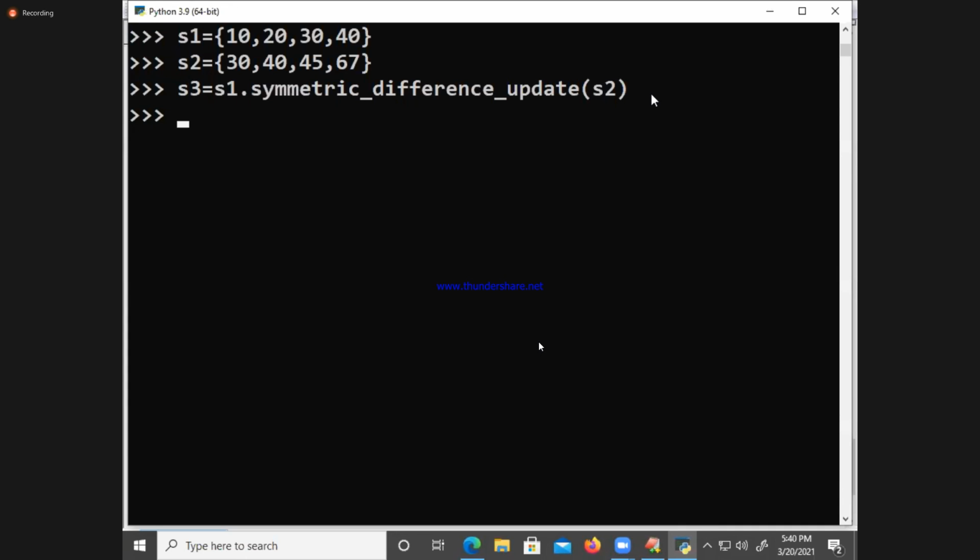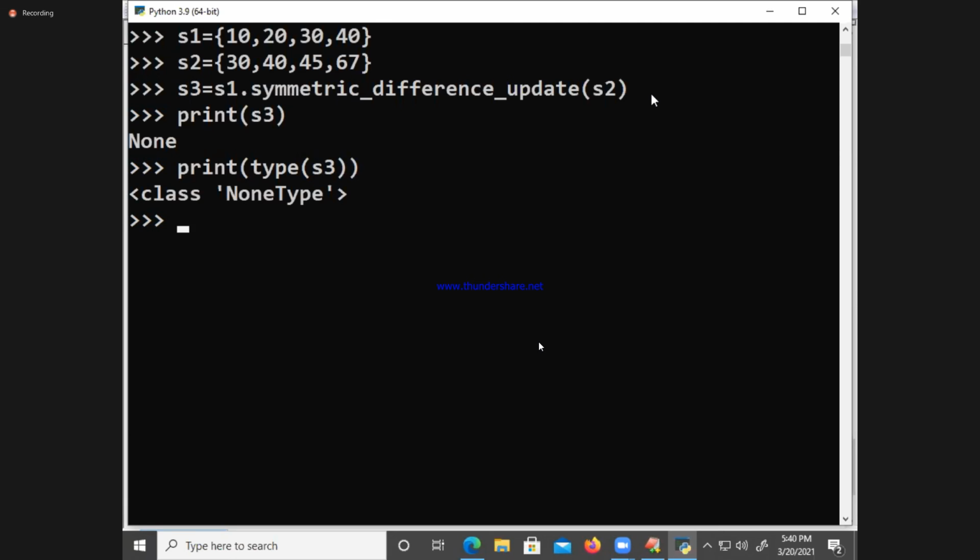Yes. Now check it out. Print of S3. What is the value of S3? None. No value will come. What is its type? Type of S3. None type, which is yet to be discussed. Now print S1.